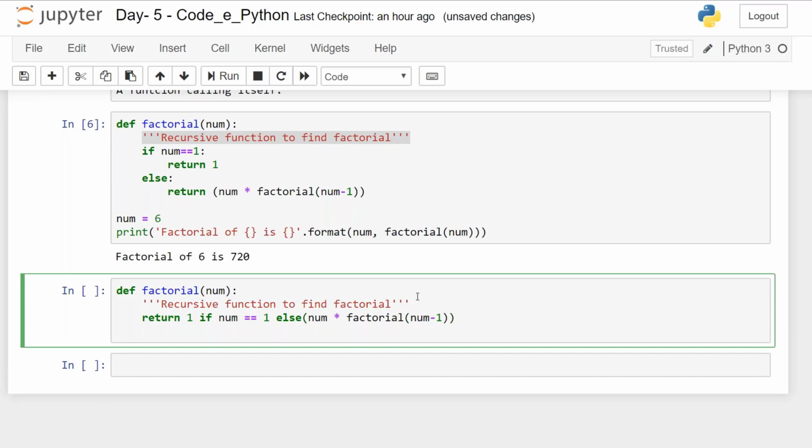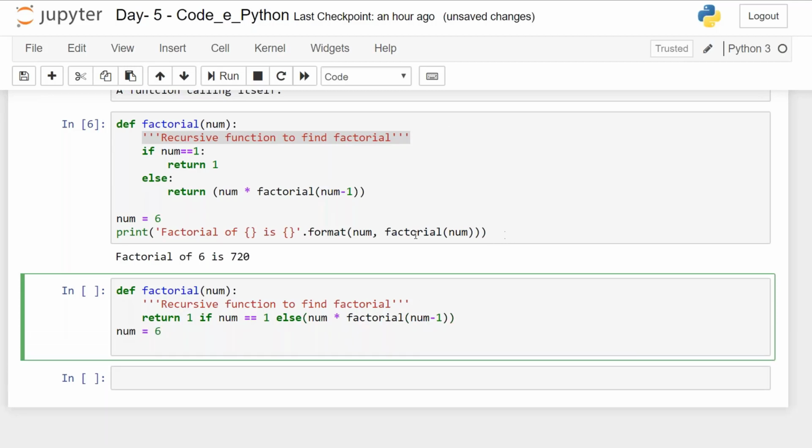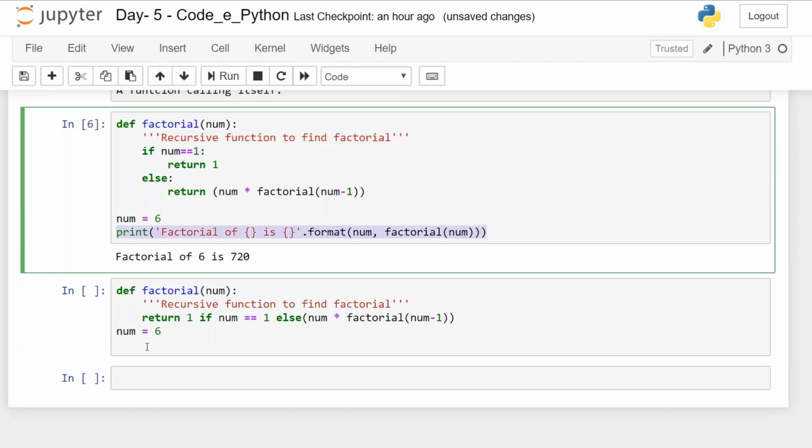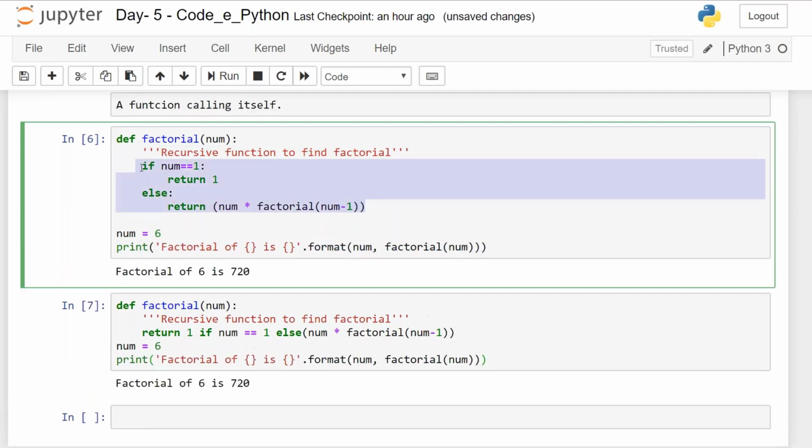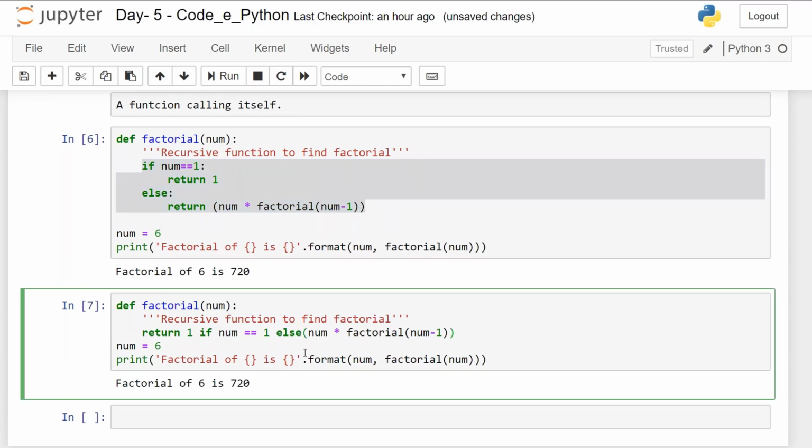Let us run it once just to check. When I say number is equal to 6, let us copy and paste this. I'll write here, and the result is again the same. You could have either written the whole thing, or you could have just written return 1 if num equals 1, else num into factorial of num minus 1. So this is the particular part where the calculation is done.